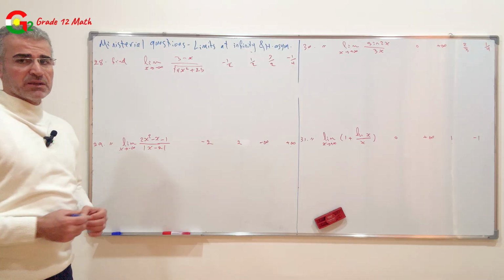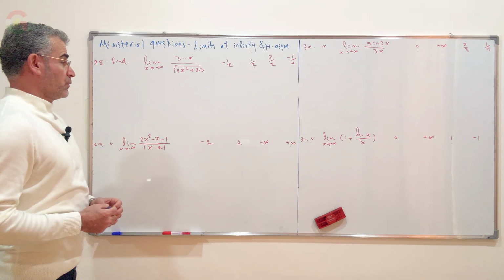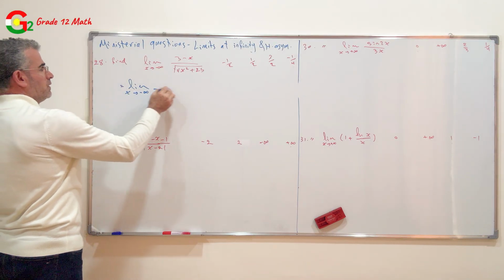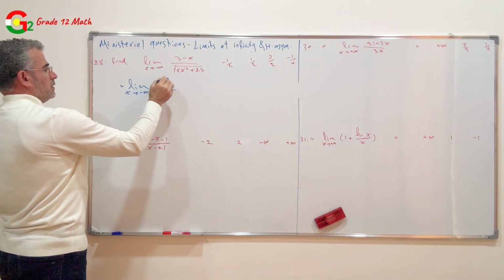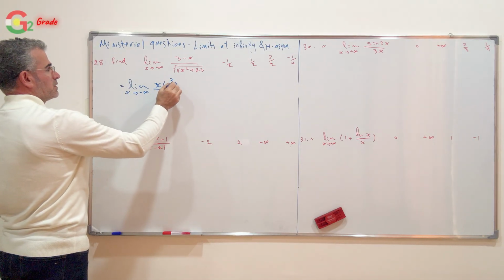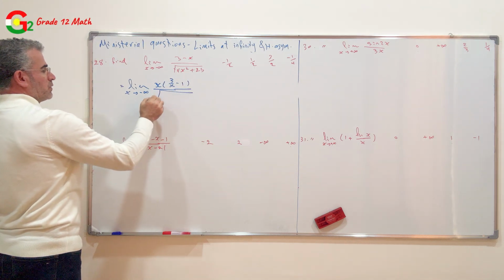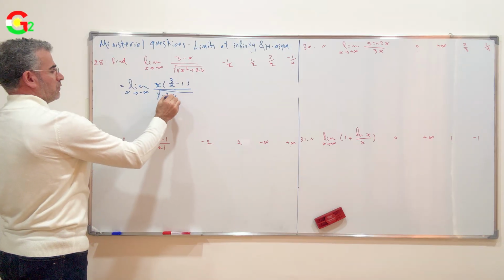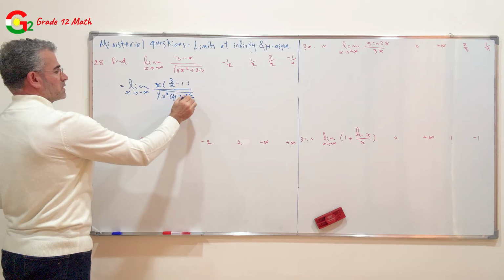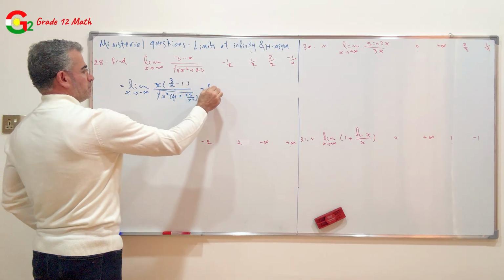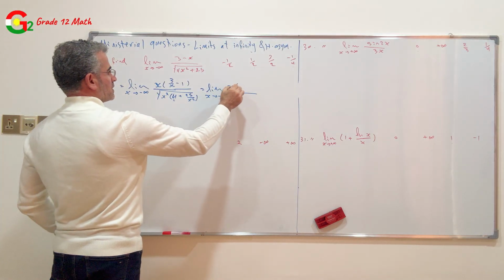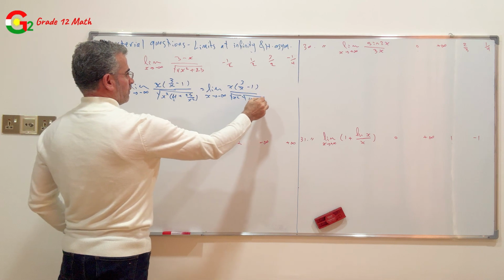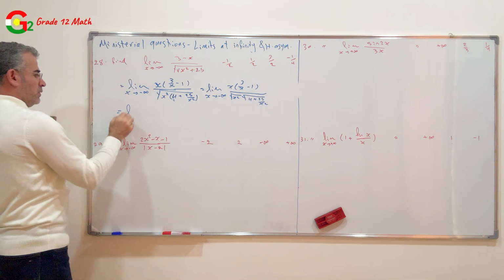Question number 28. Find limit x approach to negative infinity for 3 minus x over square root 4x power 2 plus 25 equal to limit x approach to negative infinity for factorized by x 3 minus x, 3 over x minus 1 over square root factorized by x power 2 for the two terms under square root, 1 over 4 plus 25 over x power 2 equal to limit x approach to negative infinity x times 3 over x minus 1 over square root x power 2 times square root 4 plus 25 over x power 2 equal to limit